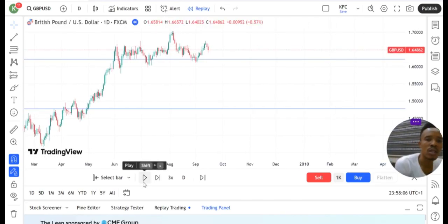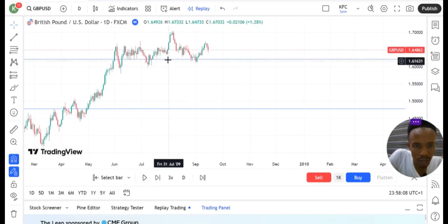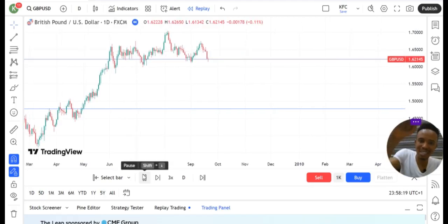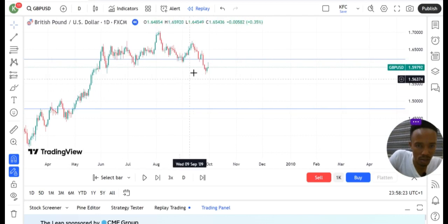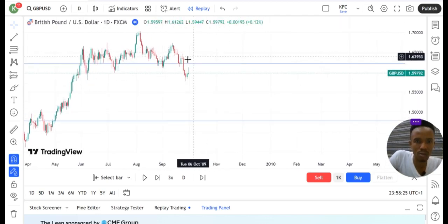Okay, so that means this is the break of structure. This is the break of structure, and this is the change of character. But we want price to do that inside our zone, and that's outside our zone. Now price has done what we were looking for in our zone, of which it has broken structure and